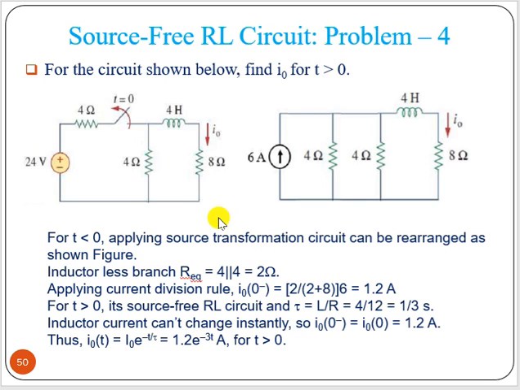Now see another problem. Here, what we can do, we can solve it by finding out t greater than 0. We can find out the current source. We can convert this voltage source into an equivalent current source also. Okay. Then what happened here, that is 24 divided by 4, that is 6 ampere current flowing across that 4 ohm in parallel resistance. Now these 4 and 4 in parallel, so we have a 2 ohm resistor.